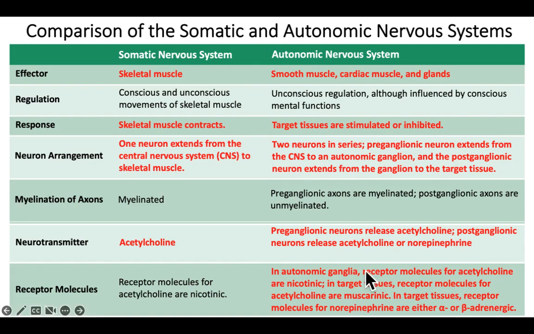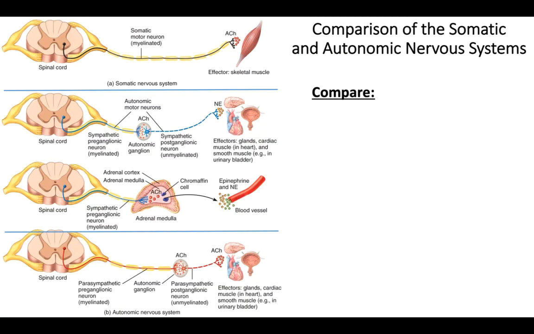And then the receptors, again, it depends on the organ. If it's an acetylcholine receptor, it's either nicotinic or muscarinic. If it's a receptor for epinephrine and norepinephrine, it's known as adrenergic. And those come in different types, alphas and betas. So again, that's a lot of information and not very visual in the table, so you might want to refer back to it. So let's start with this